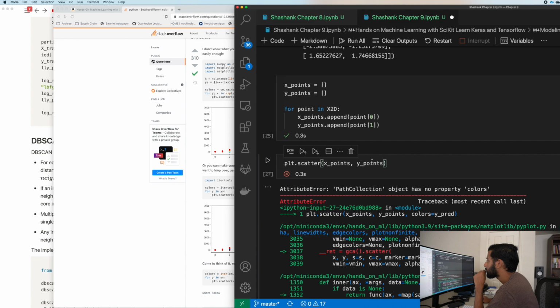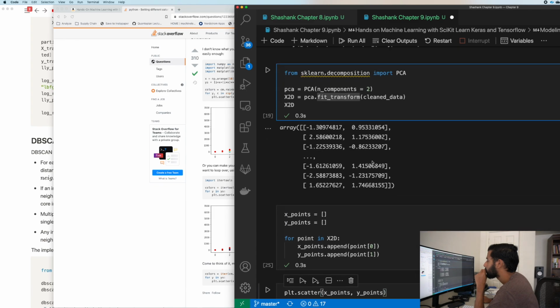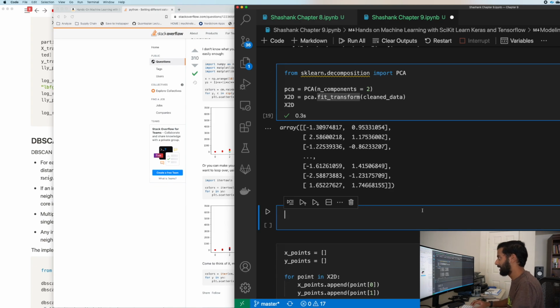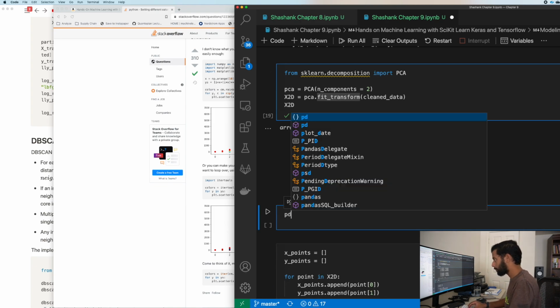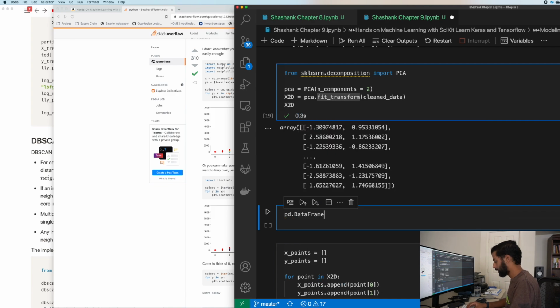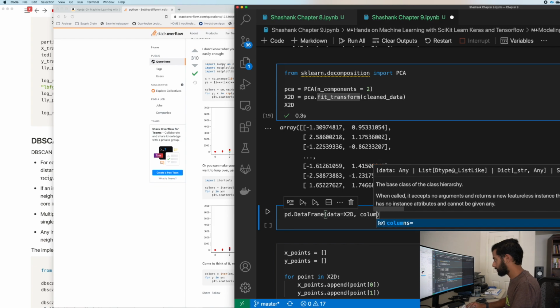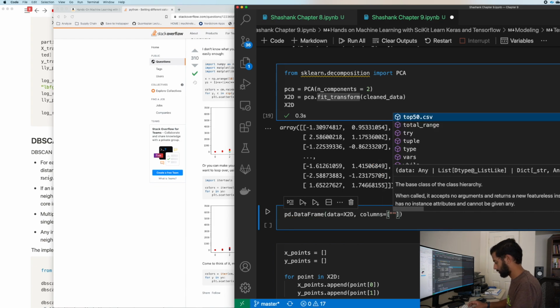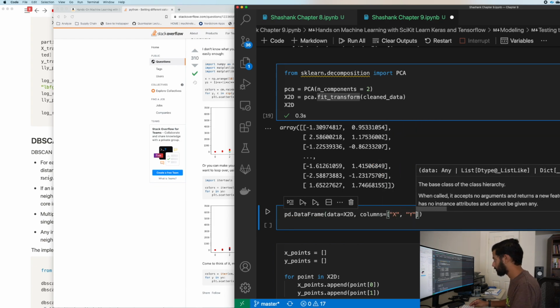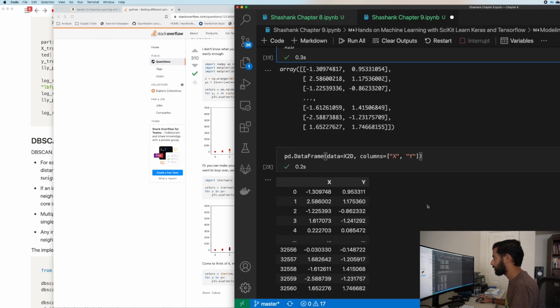You know what? Let's try this. Instead of doing it this way, let's just do it the dummy way. pd.DataFrame, and then let's go ahead and put in data equals X2D, and then columns equals... All right.